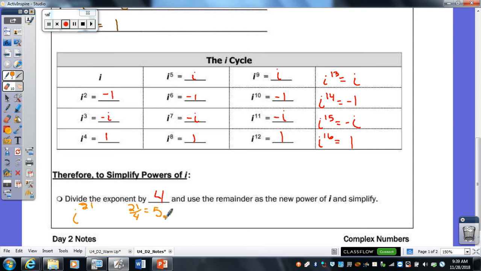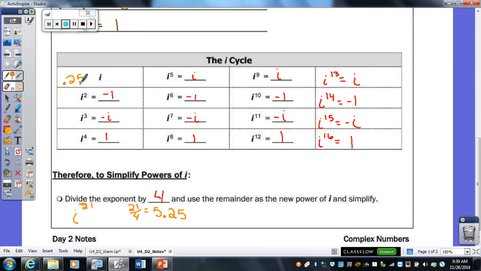5.25, right? 5.25. This decimal 0.25 means it's going to be i to the first. If you divide and you get a decimal of 0.25, that means it's going to be the same as i